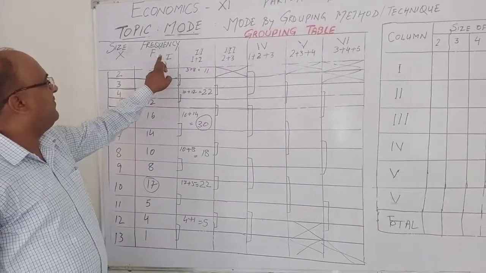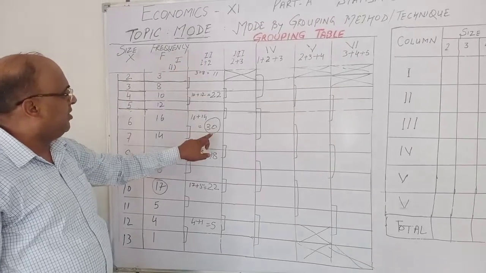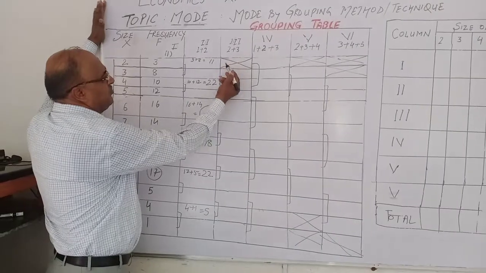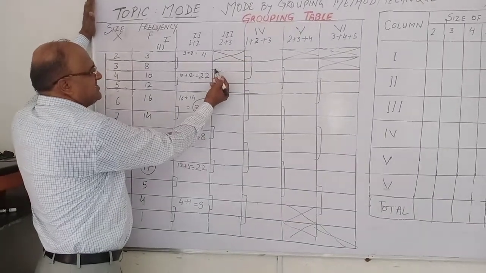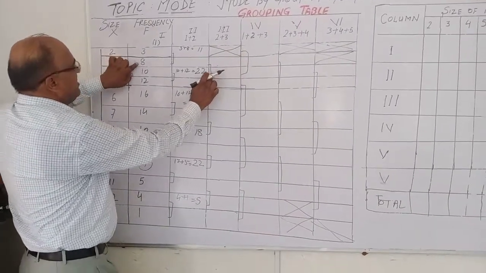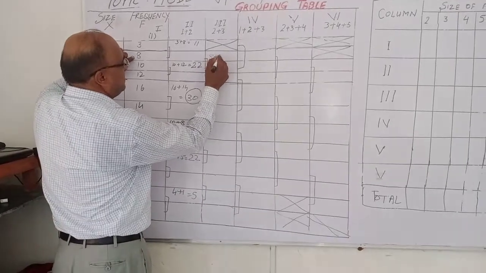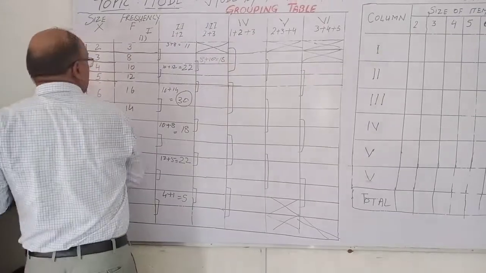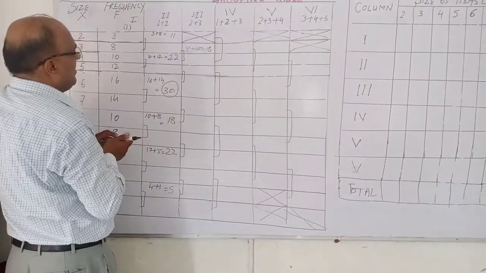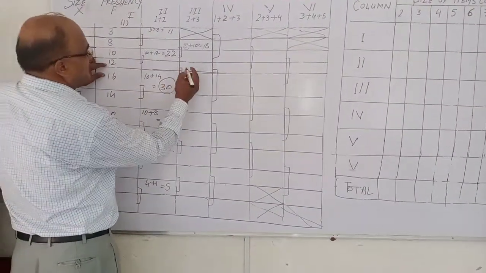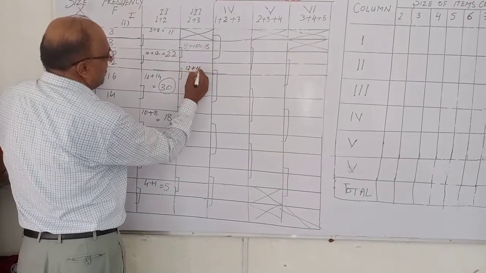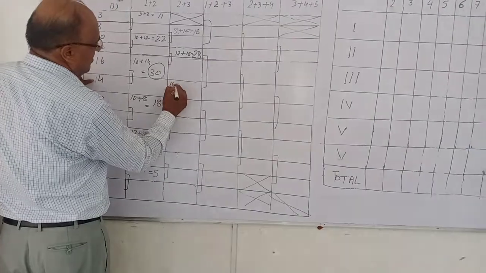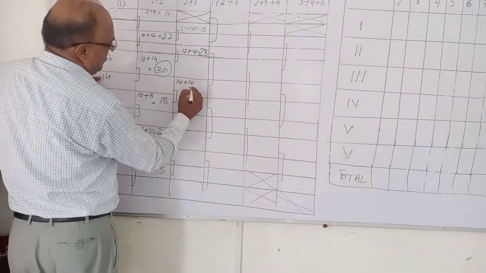Now after the first column, in the second column, we got the highest frequency. Now the third column, frequency number 2 and 3. First one make it cross. This is second and this is third. Second and second, 8 plus 10, 18. Now 12 plus 16, 28. 14 plus 10, 24.